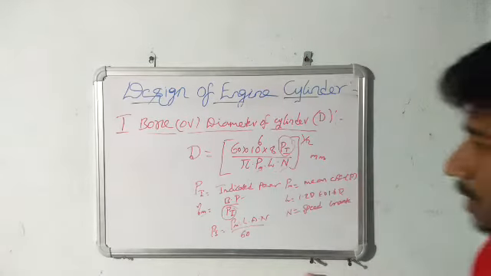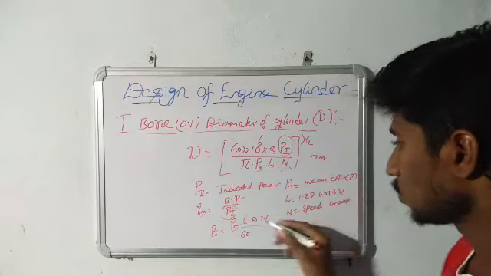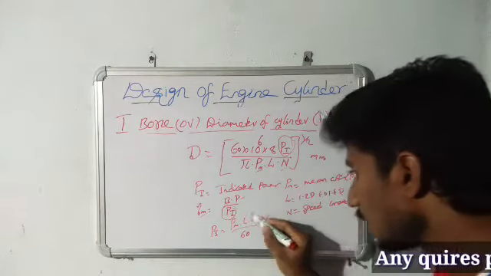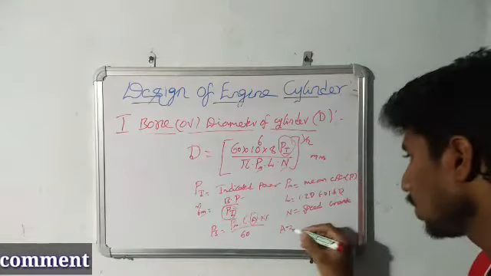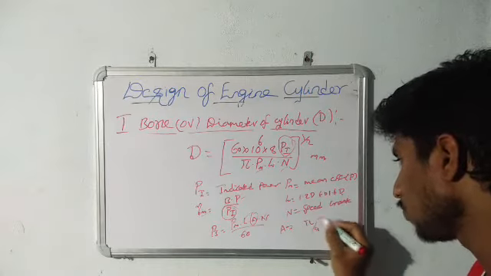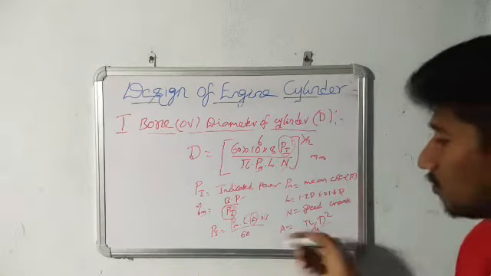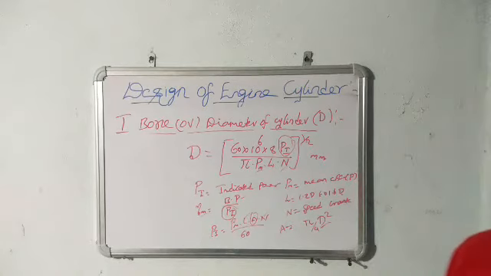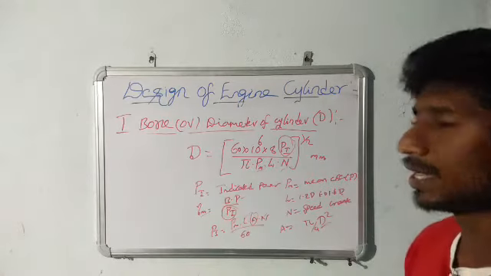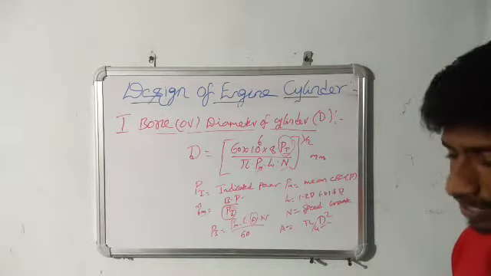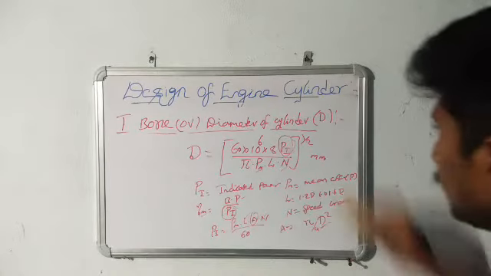With the help of this formula, we know Pm is the mean effective pressure, L is the length of the stroke, N is the speed of the crank, and one more term is A, the area of the cylinder. We know the area of the cylinder is equal to pi by 4 d square, where d is the diameter of the cylinder. When we know all these terms, it is easy to find out the diameter of the cylinder. This is the first step, bore or diameter of the cylinder. And go to the next step,